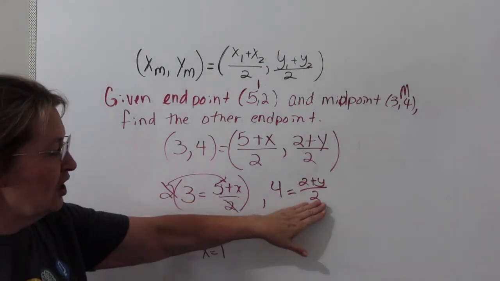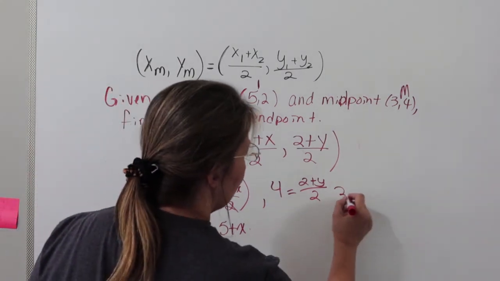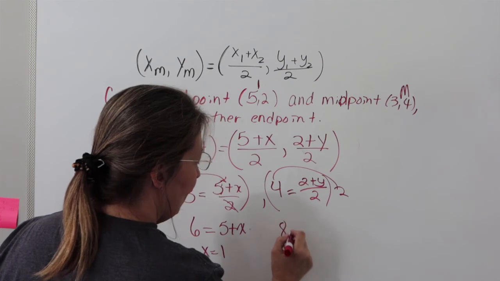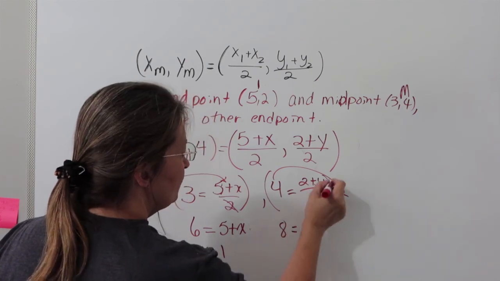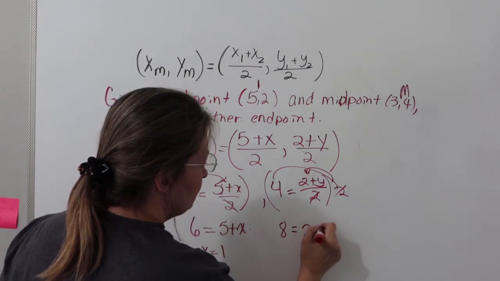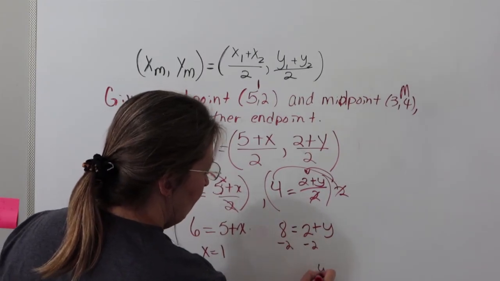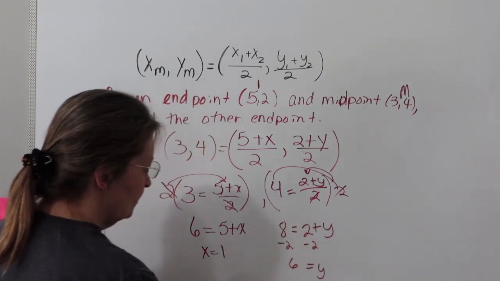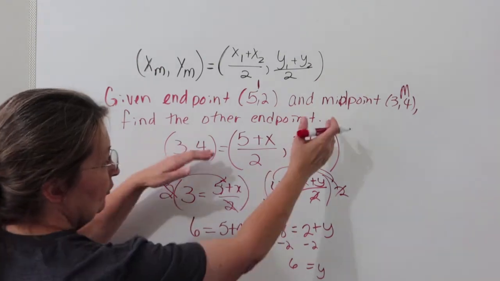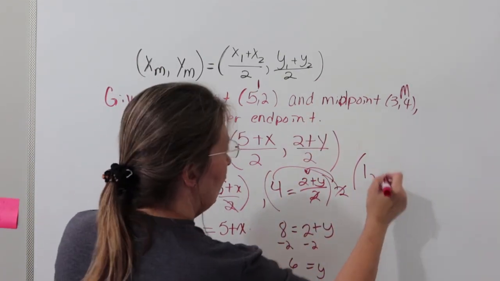Alright, same thing over here. We have this fraction over 2. So to get rid of the fraction, I'm going to multiply by the denominator. When I multiply 2 times 4, I'm going to get 8. 2 times this fraction right here just cancels out the denominator. So I have 2 plus y. Subtract 2 from each side, and y is equal to 6. So the ordered pair that gives you the other endpoint for this scenario is at x coordinate 1 and y